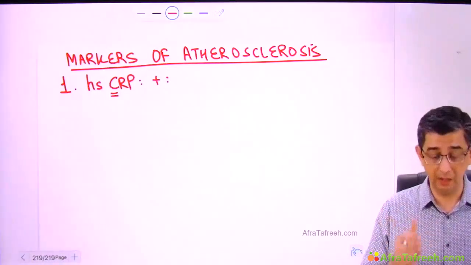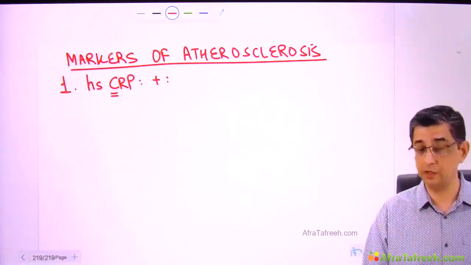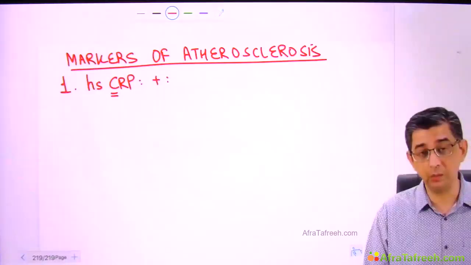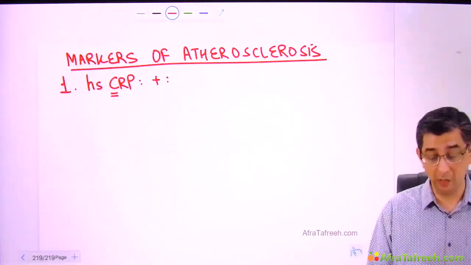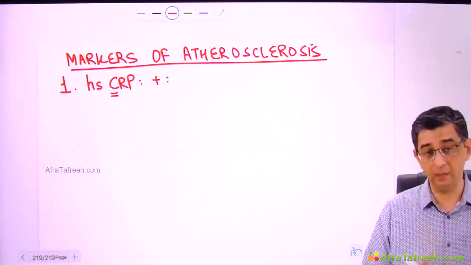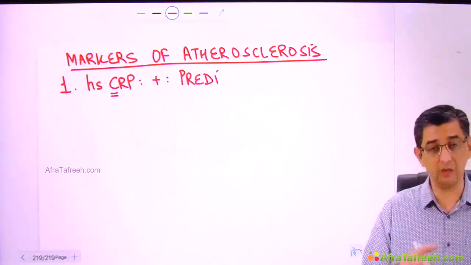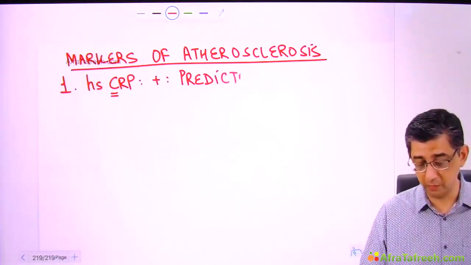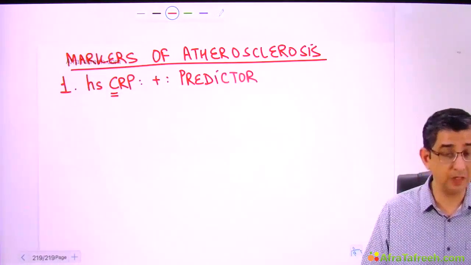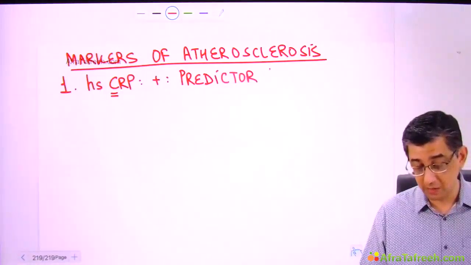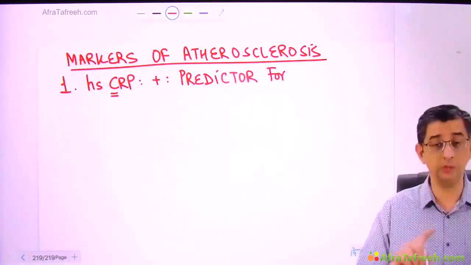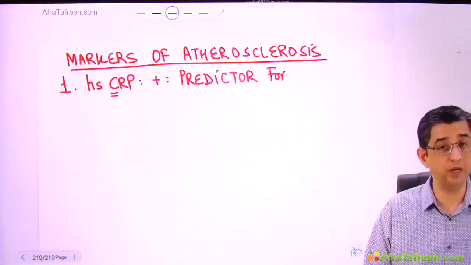I'll tell him, buddy, let's get this test done on you. He said, okay, boss, and got this test. It turned out to be positive. He's asking me, sir, what does this test imply? I'll tell him that if it is positive, obviously there's a cutoff value, but you don't need to go into the cutoff value. If this test is strongly positive, then even this young doctor, when he grows up to be his dad's age, can develop myocardial infarction.